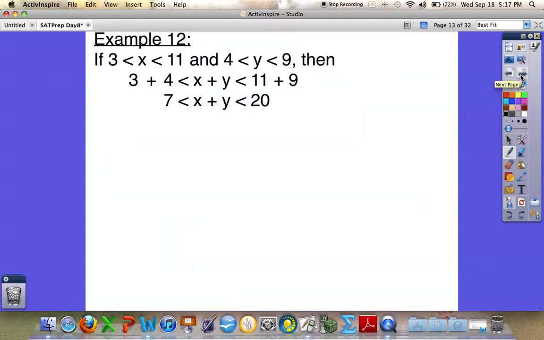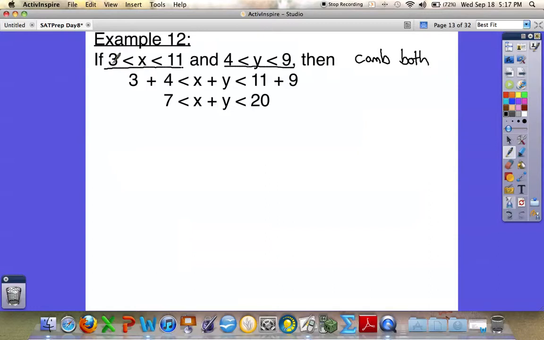Okay. This is a compound inequality. X is greater than 3 but less than 11. Or we could read it as 3 is less than X is less than 11. And 4 is less than Y is less than 9. So what we did is we combined both,